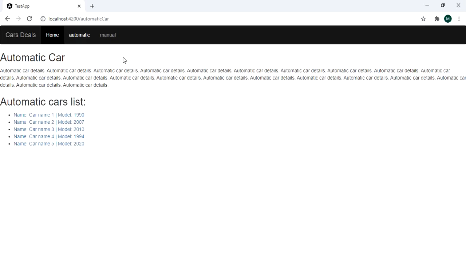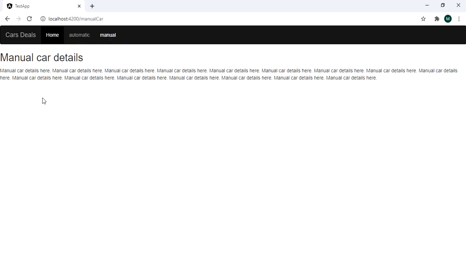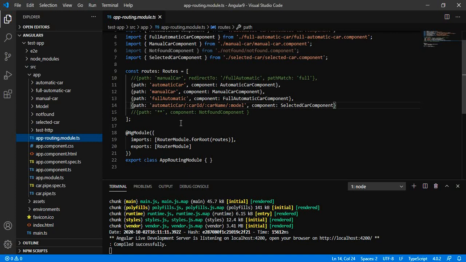So let us try to add some child view over this particular manual car view. There we will be adding a button, clicking on which we will have a view that is going to render over here. Let us try to do it. First of all, we need to add a new component.